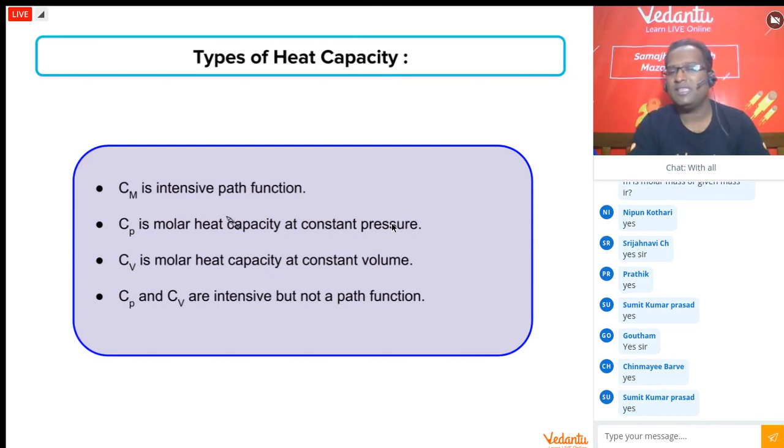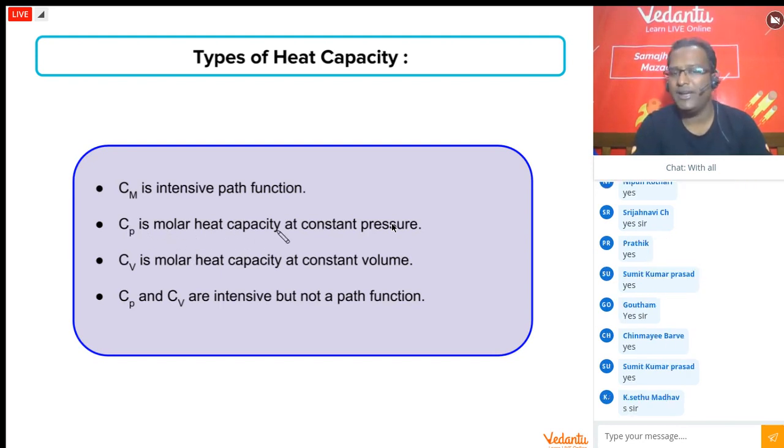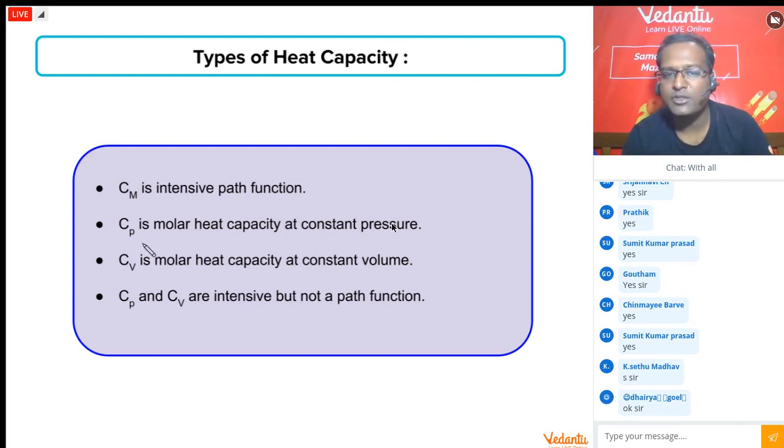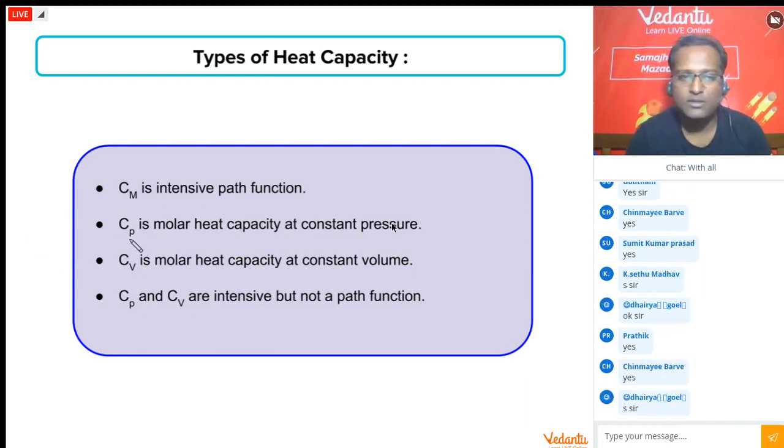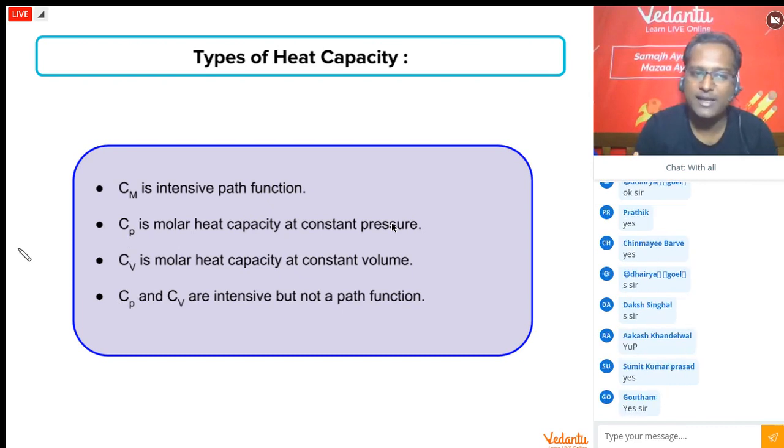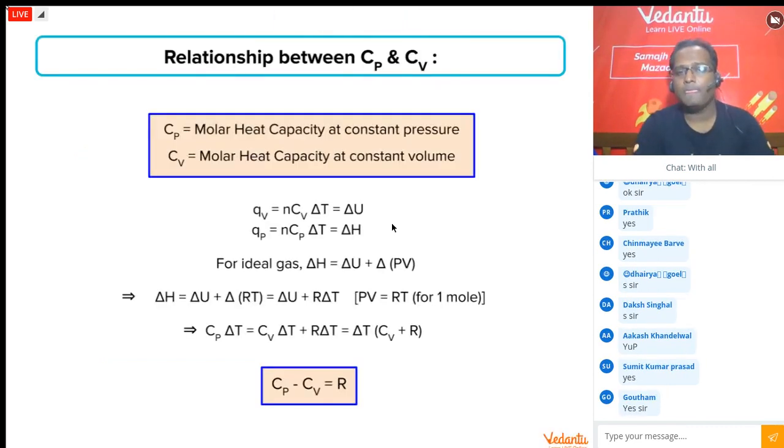Therefore, Cp would mean, as I said, chemistry wale talk about molar heat capacity only. So Cp would be molar heat capacity, but defined at constant pressure. Cv would be molar heat capacity, but defined at constant volume. Is this understood? So I am first covering all the theory, then I'll come back to problem solving. And therefore, I will have this equation and I will have this equation. Please check.